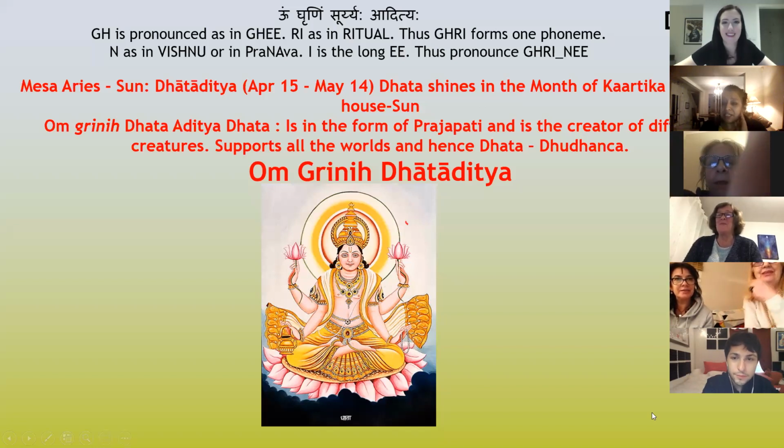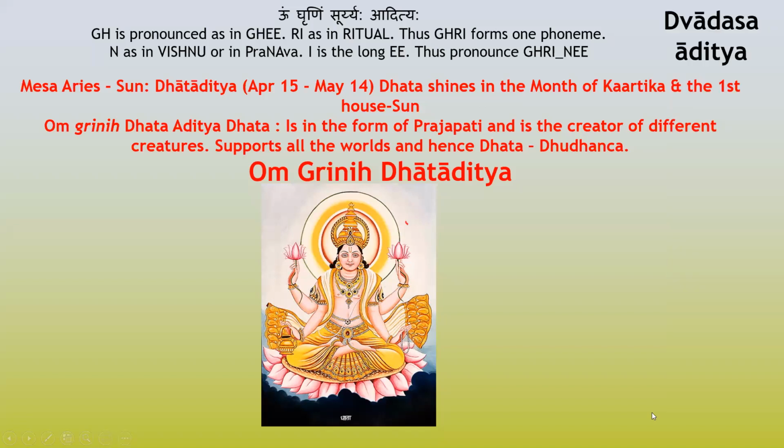Lovely. So now I'm coming to, basically, I mentioned that I'm going to take the lunar months in depth next time. But the lunar month is basically when we get a full moon in one of the nakshatras. And each nakshatra has a deity connected to it. And the deity lends its name to that particular month. And usually they are like the polar opposite. Now, I know it's a little bit of a tall order right now to grasp this, but we will come to that again later. But suffice to know, for the moment, Dhata is the Aditya for the sun in Aries,